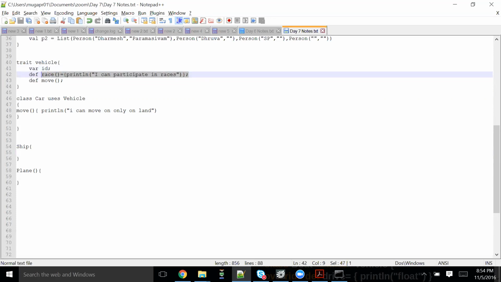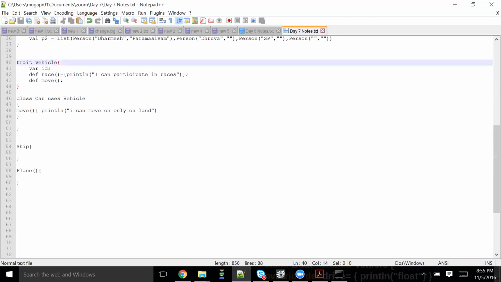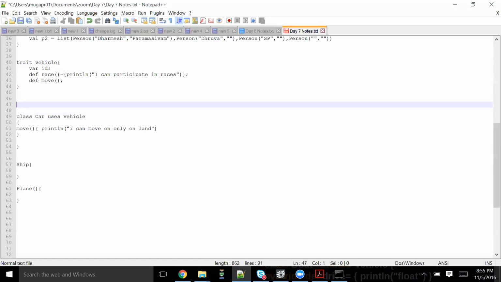Okay, but for you, Raj, treat traits like interfaces only, but you can have a default implementation for any method inside them. So that means it's equivalent to an abstract class, but it is not an abstract class. It is not a class because it cannot have a constructor. This is like an interface. Interfaces cannot have constructors, whereas for the same behavior in Java, instead of writing an interface, you have to write an abstract class